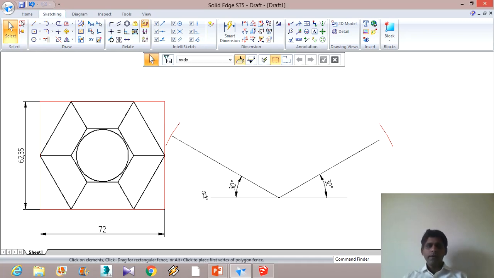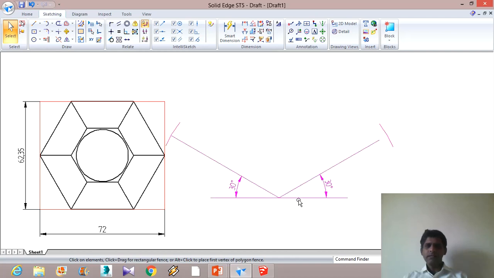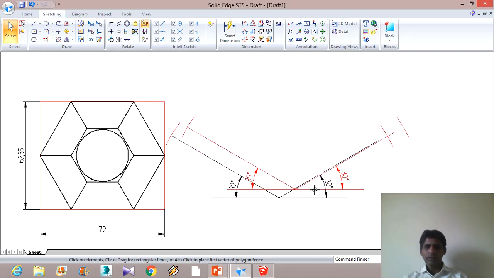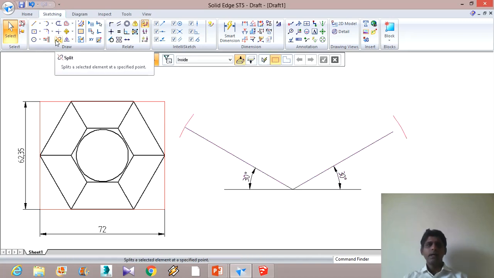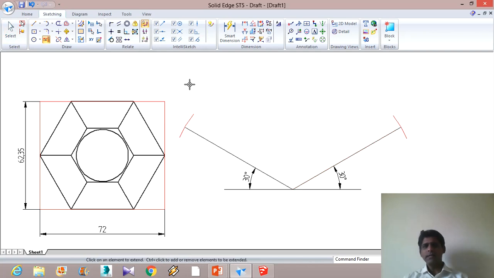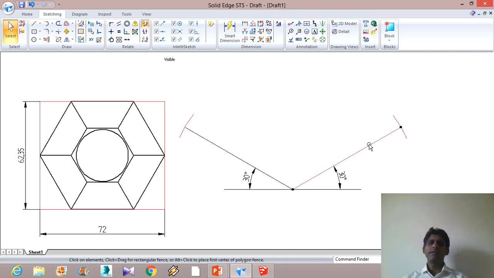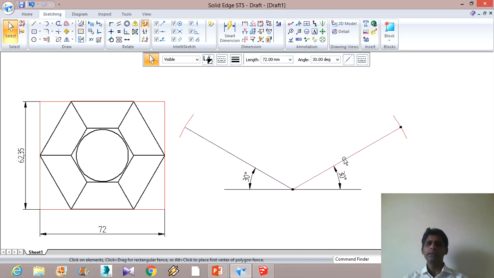So now we have this basic setup. I will just move this a little to the side, little to this side. Again, I see that it is not 72, so I will go extend to next and pause on this line, and it will extend to the arc that we have drawn. Now this line is 72 millimeters, and this is also 72 millimeters. You can see the length here and the angle, and you can see the length here and the angle, right? Similarly,